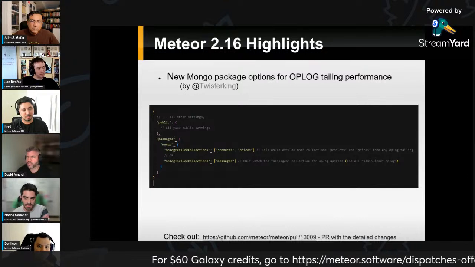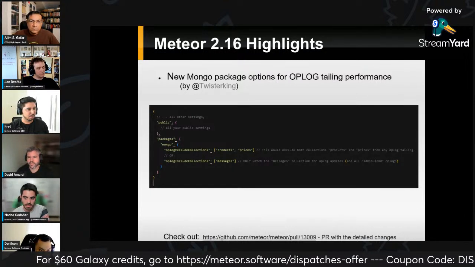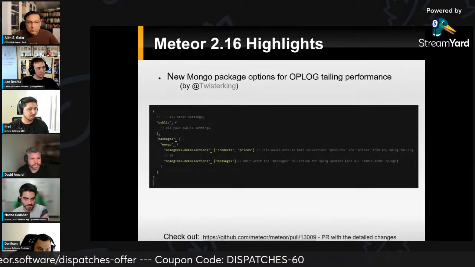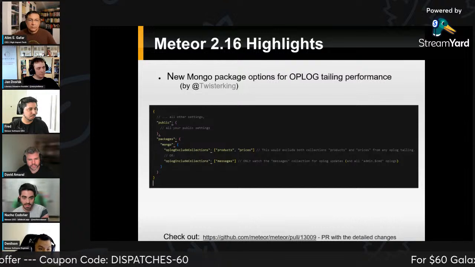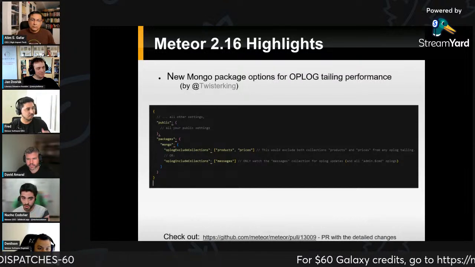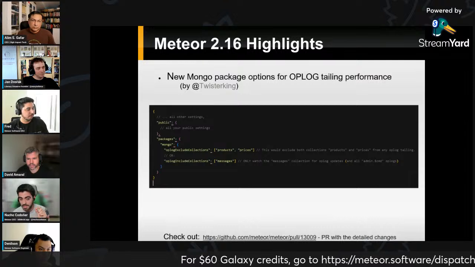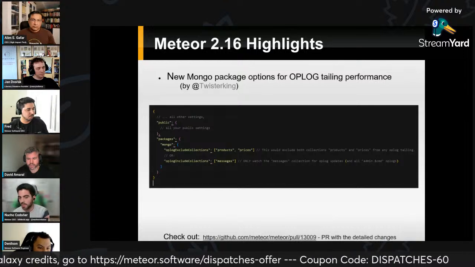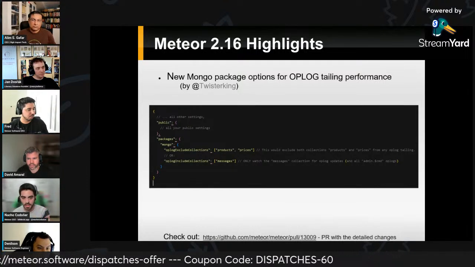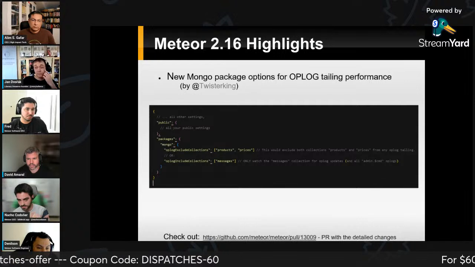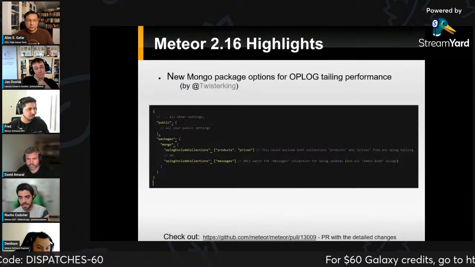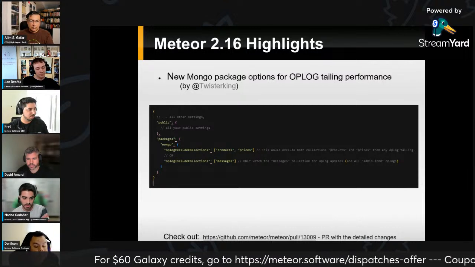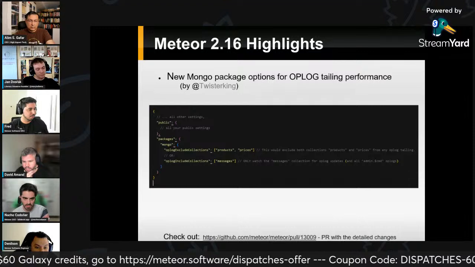Another example of change that we have included, and this comes from the community, is a new option to tweak the Meteor oplog process. By default, Meteor oplog behaves eagerly on Meteor collections operations. So there are some specific scenarios, and maybe it's the use case of your application, where you don't need reactivity or live updates in some specific collection. So you can exclude specifically those collections from the oplog tailing and ensure some reductions on your server stress. So it's good to check it out.